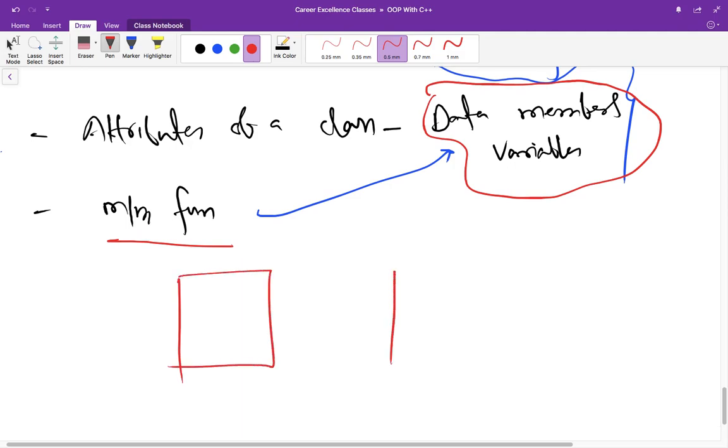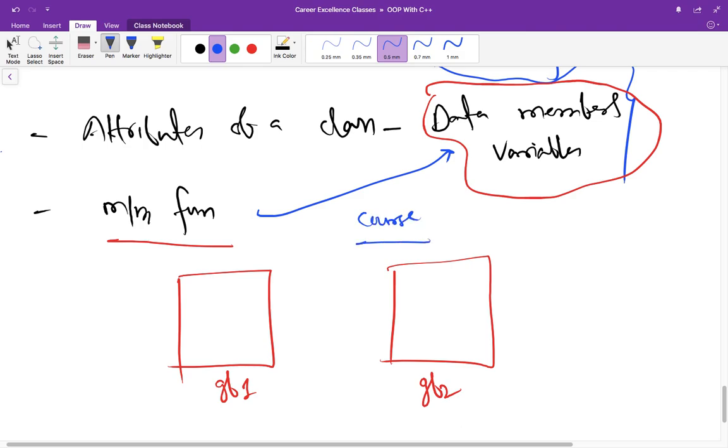And second thing, this was also discussed previously. When we have multiple objects, we discussed gb1 and gb2. If you are talking about a course name variable, each has its own course name variable. So if one has the value CSE, it doesn't mean the other needs the same value; it could be ECE also, right? So each object maintains its own copy of variables in memory.